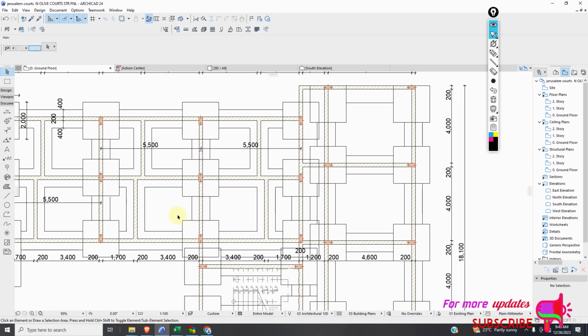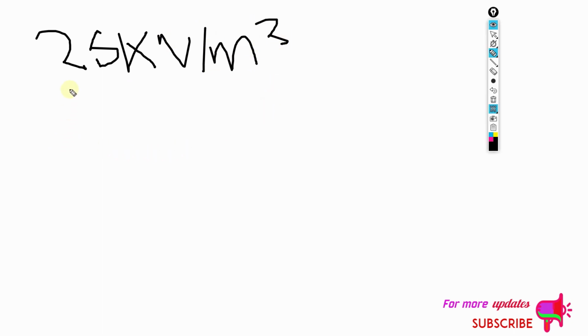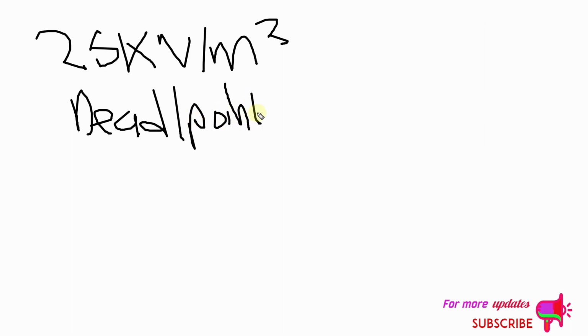We know that the unit weight of concrete is 25 kilonewtons per cubic meter. So the dead load, or the point load, the concentrated load